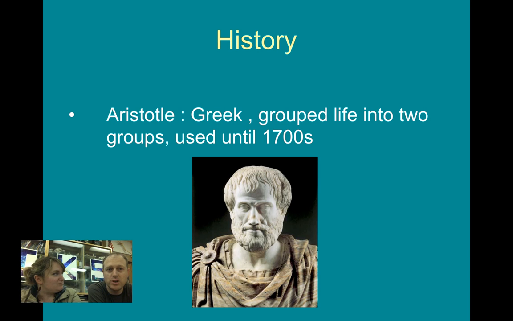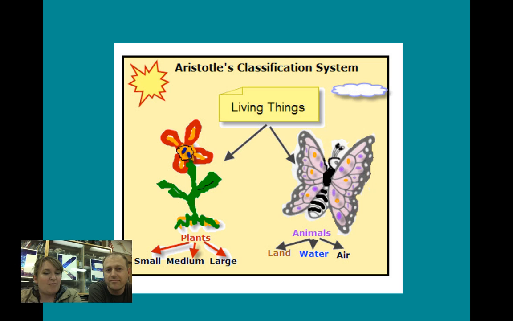How did it start? So Aristotle, the Greeks, basically started with two groups. It's kind of human nature to put like things together and sort things and have a place for everything. Those two groups were basically plants and animals for the most part. Then they broke those into small, medium, and large animals based upon where they lived. But we know, and even they knew then, that that doesn't cover everything.